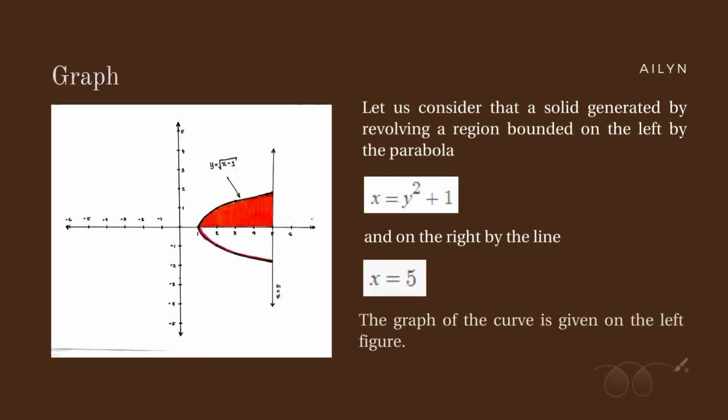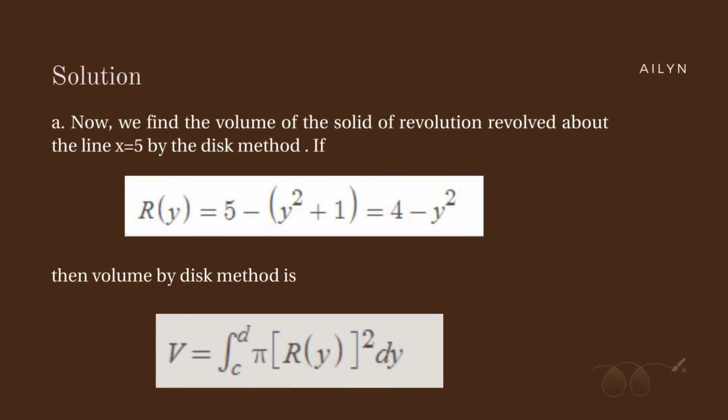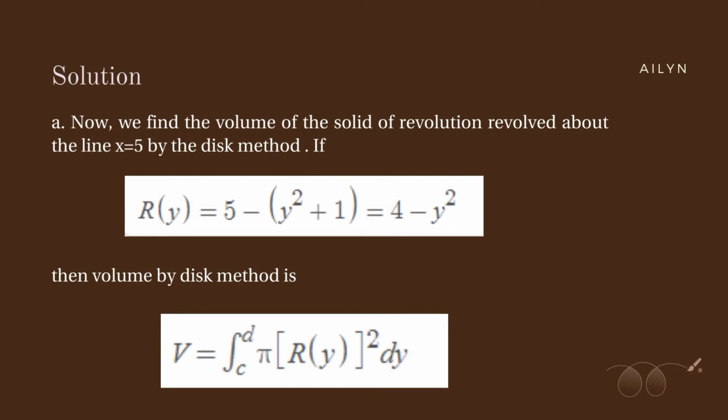Let us consider that a solid is generated by revolving a region bounded on the left by a parabola x equals y squared plus 1 and on the right by the line x equals 5. The graph of the curve is given in the figure on the left. So now let's find the volume of the solid revolved about the line x equals 5 by using